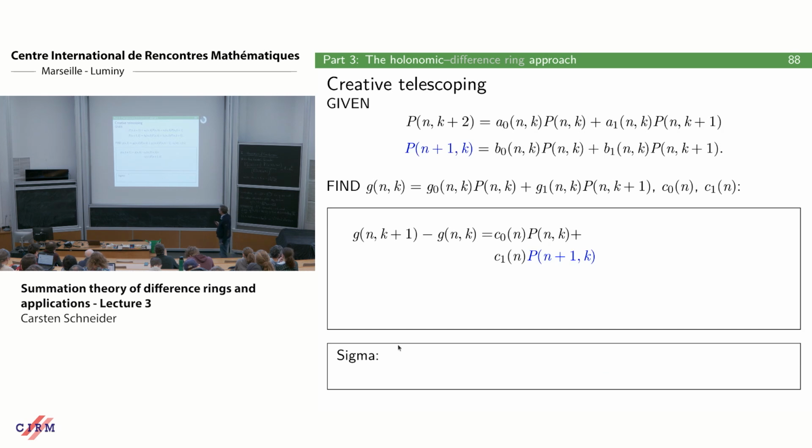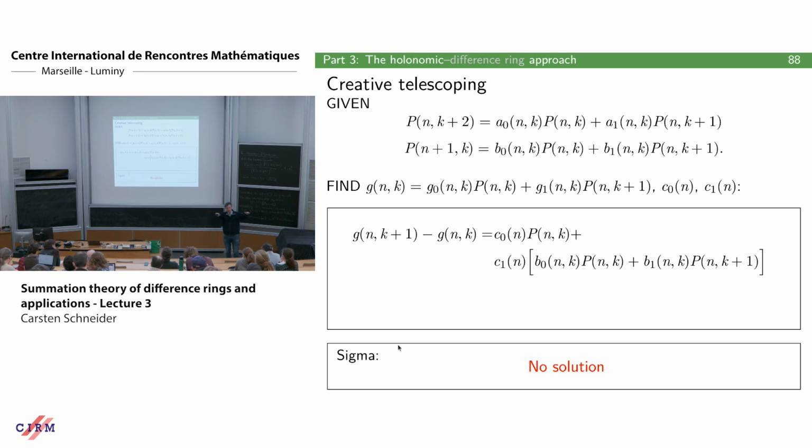Now I look at n plus 1. This is exactly creative telescoping. I shift in n, and now I use this relation and can rewrite that by that. So I get exactly the right-hand side. I apply now the toolbox that you have seen earlier with my